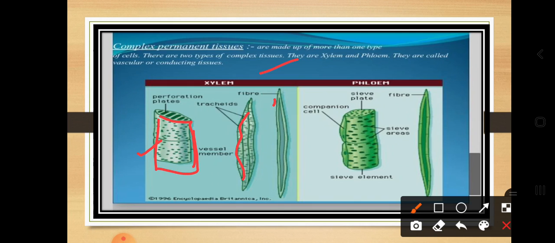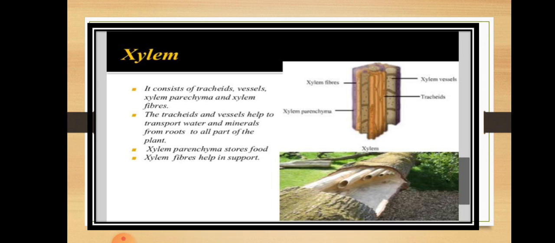In a similar way, this is the phloem, where you can observe the companion cell, sieve plates and the fibers. So these are the constituent parts of xylem and phloem. Dear students, just as human beings have such a variety of systems in their body, in a similar way the plants also have different varieties of systems in their body, and each and everything is very, very important. So this is the typical structure of xylem and phloem.